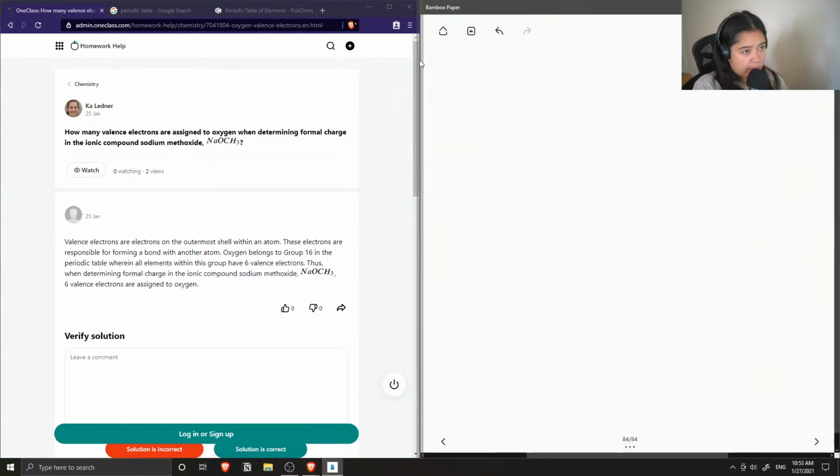Okay, so question number 8. How many valence electrons are assigned to oxygen when determining the formal charge of the ionic compound sodium methoxide? Okay, so let's try to draw the structure for sodium methoxide. If we were to count out the total number of valence electrons, sodium has 1, oxygen has 6,